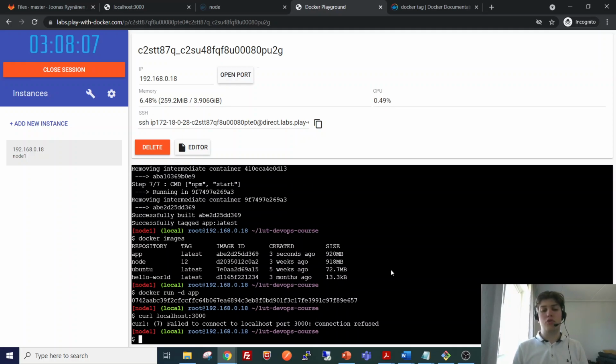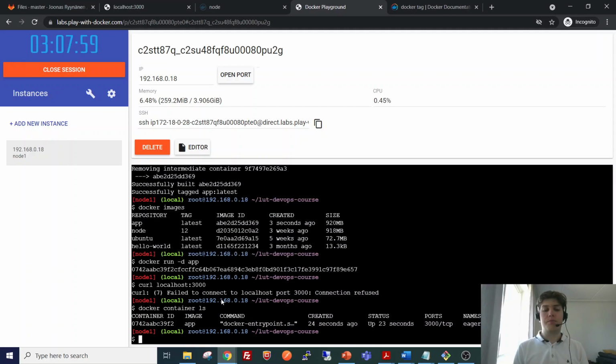Well, unfortunately it doesn't yet mean that the application is indeed running. We can see it by running this Docker container listing here. We can see that it is up and has been up for 23 seconds, and it has this 3000 port exposed that we defined in the Dockerfile.